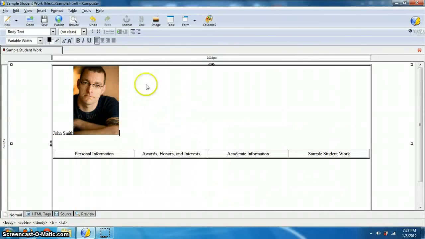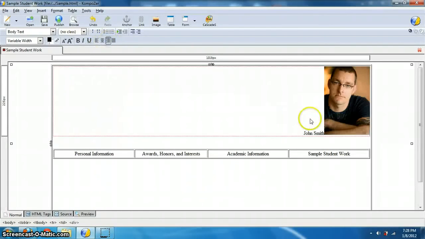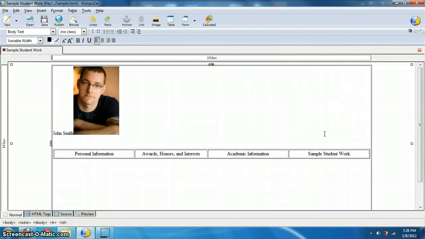Let's say, okay, oh yeah, I want this to the right side of the picture. I want my name on the left. If I go right, it puts it all to the right, right? It's not really what we want. We want to keep these separated, and there's really no good way of doing it that'll work right. So instead of doing it that way,